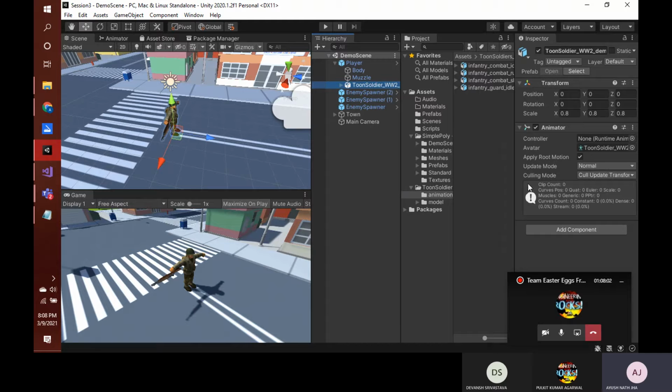And in this we have this animator component attached. So this animator is basically a controller which is responsible for managing the animations. Now how do we run the animations? So if we talk in a very raw sense, then animations are basically triggered movements which happen in accordance to a particular situation.